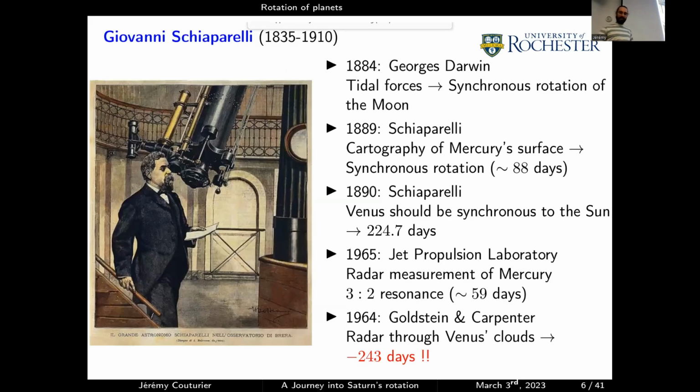in 1980, Giovanni Schiaparelli, he said, no, it's none of that. The rotation period of Venus is 224.7 days. So we went from 23 hours to 224 days. And so how did he manage to get such a result, and why is it so different from other people? So, well, a few years before, George Darwin, he studied tidal forces, and he determined that